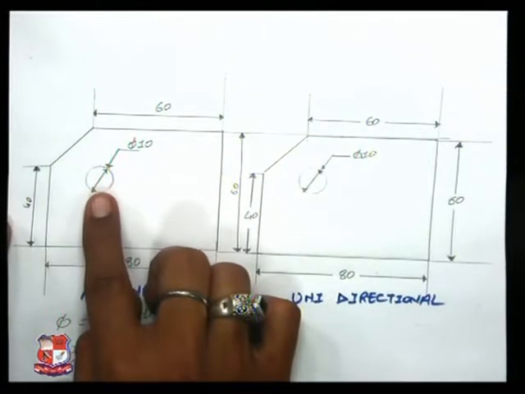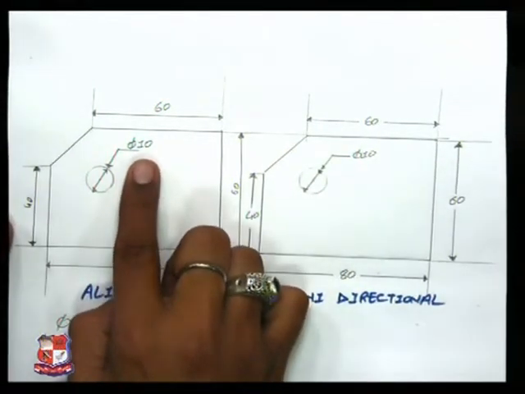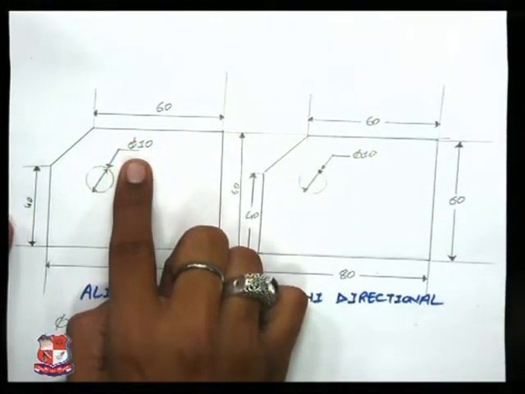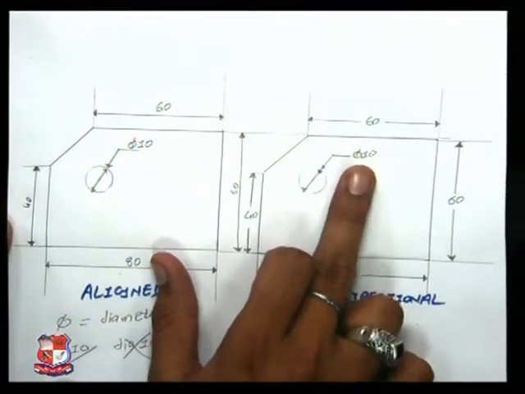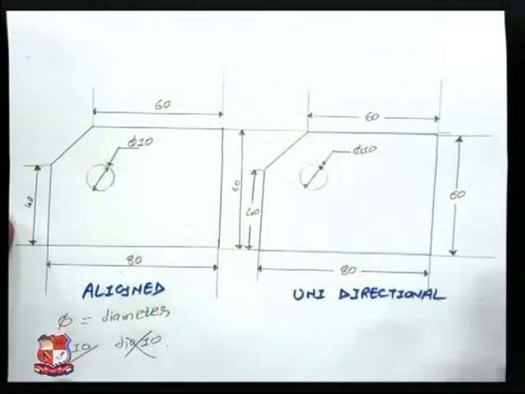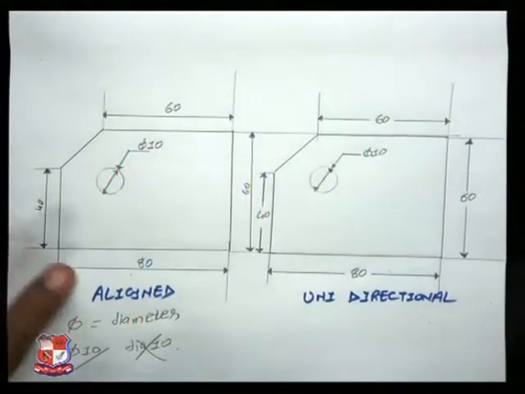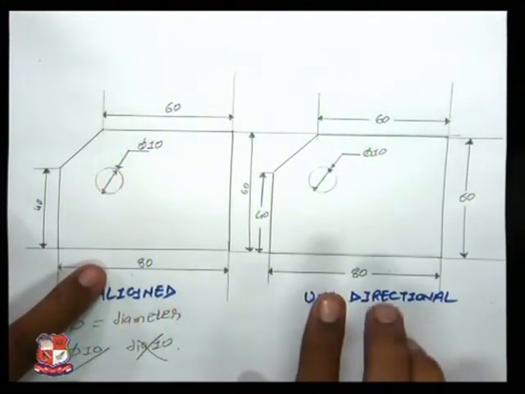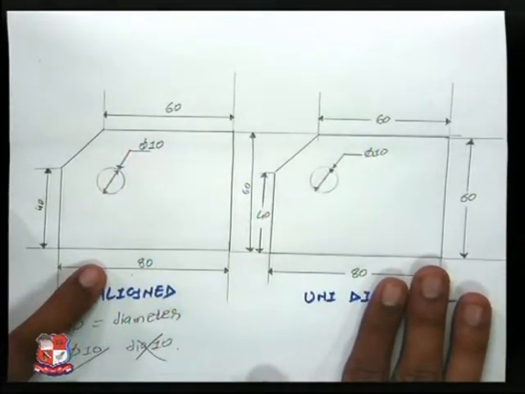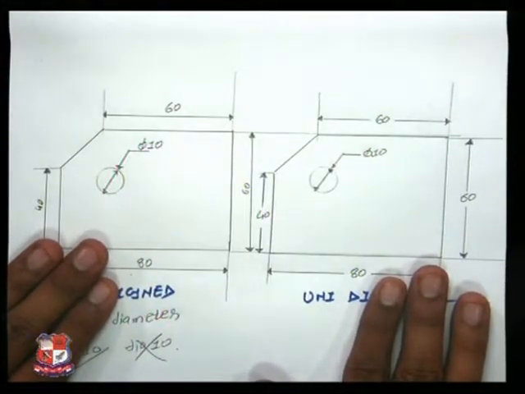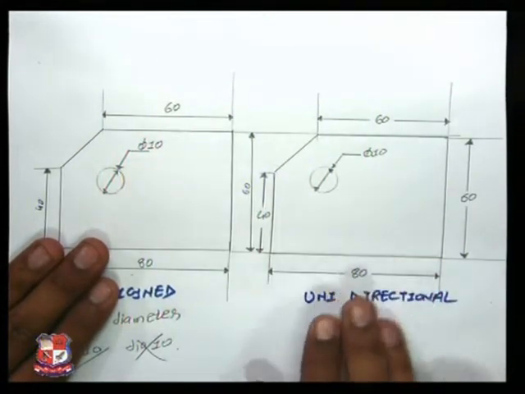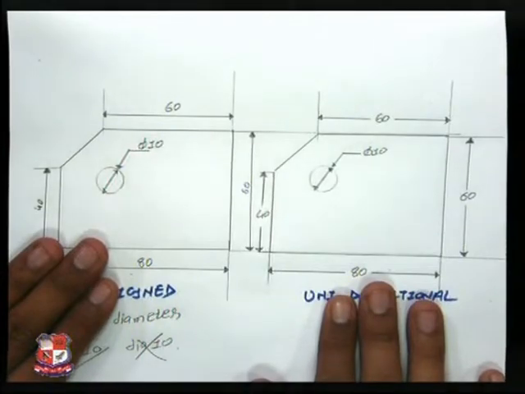The third visible difference is for the diameter. The dimension mentioned over here is written on the extended arrow line. Over here in the unidirectional method, the dimension of diameter is written beside the extended arrow. So this is a clear visible difference between the aligned method and the unidirectional method. Nowadays, most of the industry is using the unidirectional method, as reading of the aligned method is quite tedious if we have many dimensions. The unidirectional method is very popular nowadays.